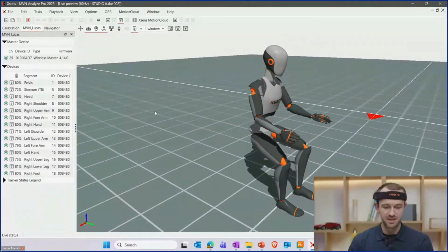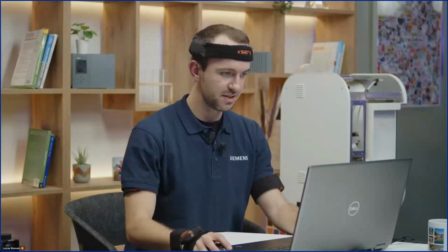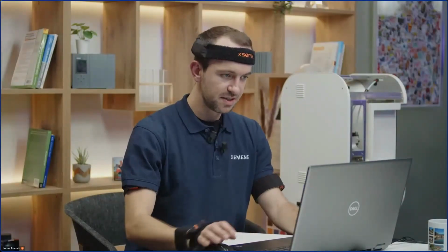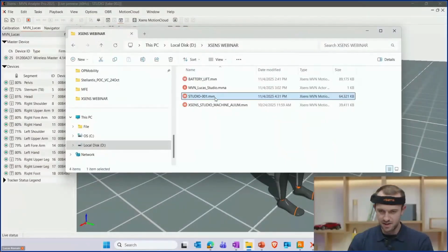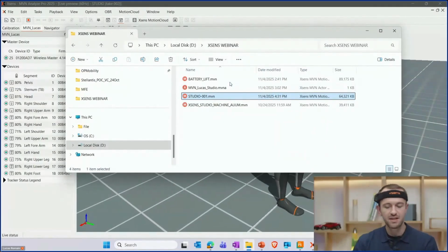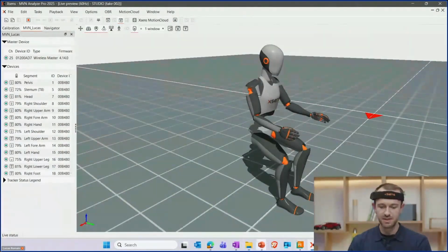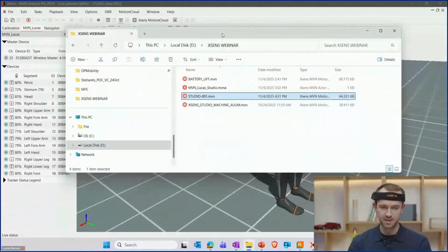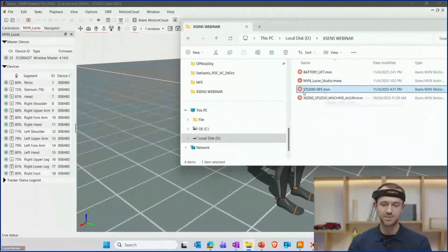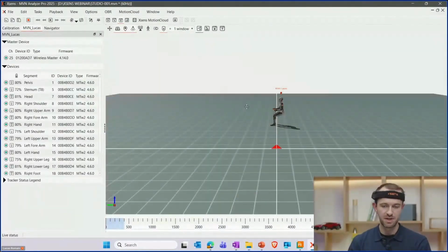So at this stage, we have created a new file. As you can see here, it has been created at 4:31, and I would be able to stream the data. Maybe there are a couple of things that we can show here. So at this stage, what we have done is created this recording, and we will be able to replay the recording